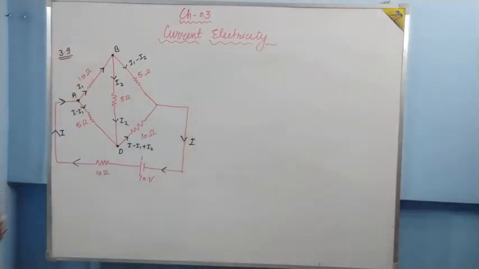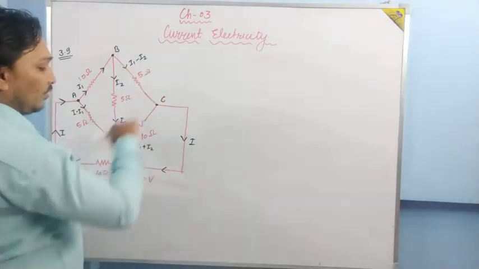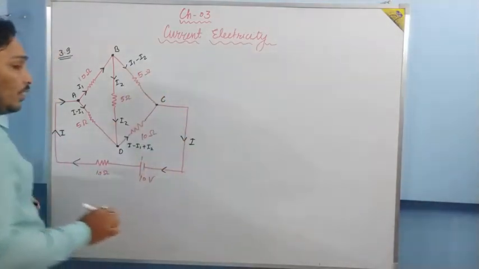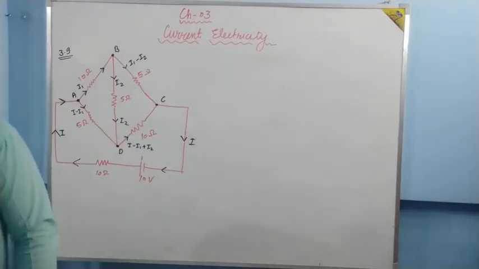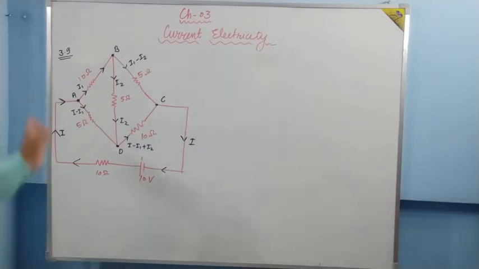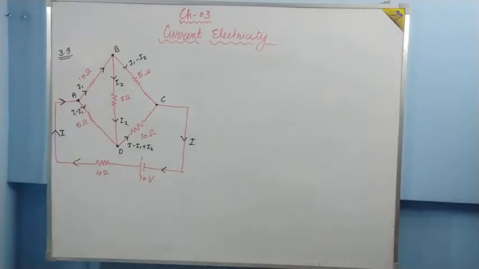It's not looking nice; a bit more makeup is required. So this is what this point was, A, B, C. I minus I1, okay. Everything is alright. Now what do we need to do? We need to apply Kirchhoff's law and find the values of I1 and I2. Then we can solve the equations. We can apply it for the loops. Equations will be made, and we'll solve them to get the values of I1 and I2.